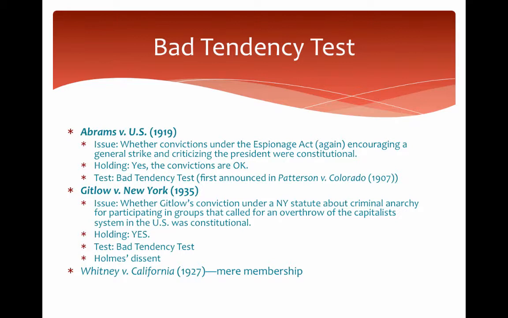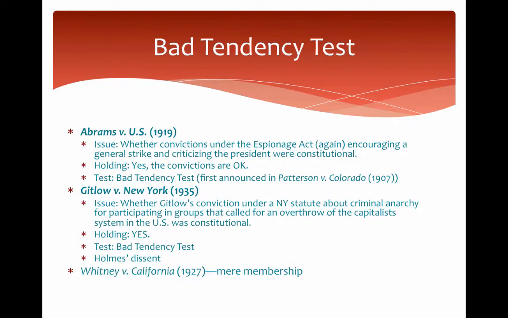And this is why the bad tendency test had to be used. These general strikes don't threaten anything specific. You could argue that if Rosie the Riveter, although this was pre-Rosie, didn't rivet the plane, and then the plane didn't get made, and then the plane didn't go overseas to help fight in the war efforts, that there was a direct connection, but that's pretty tenuous. So they couldn't use clear and present danger. So they had to go back to a test that they had used before, in 1907, called the bad tendency